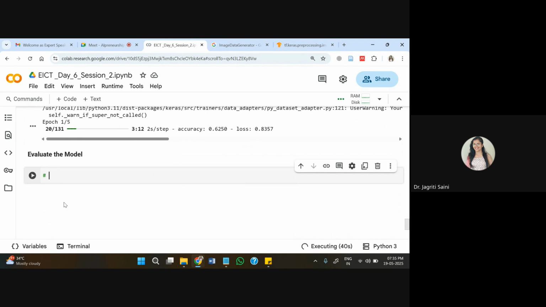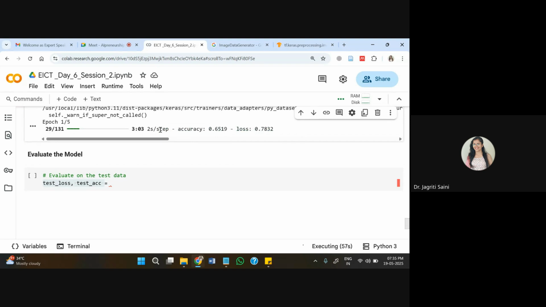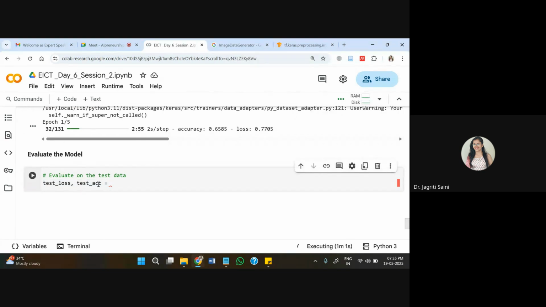For this, what I'll do is evaluate on the test data, because evaluation we always do on the test data. So for this, I'm calculating test loss and test accuracy. These two things are automatically taken during the training process on training data and validation data. This time we are gathering it for the test data only.